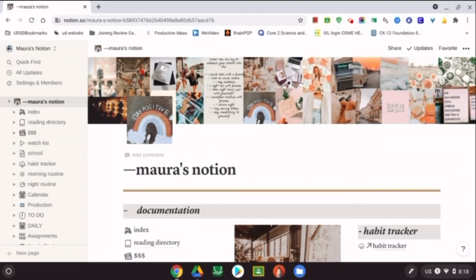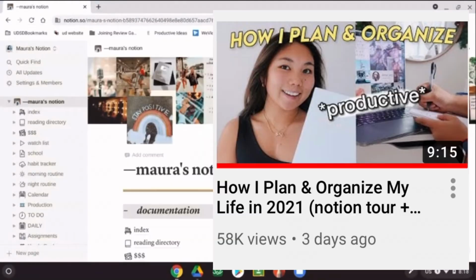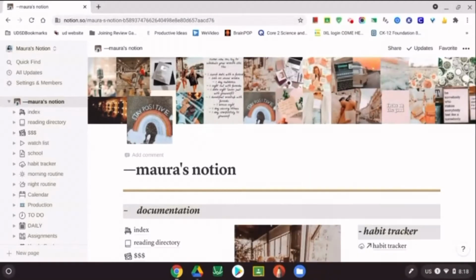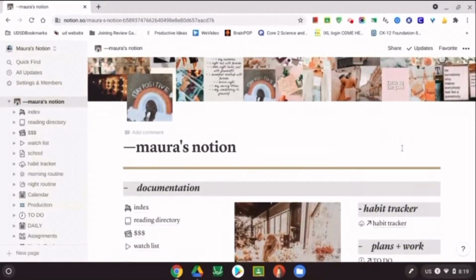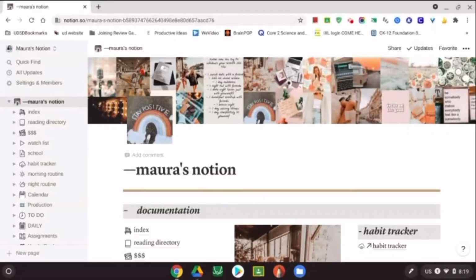I've seen a few of these videos on different channels like Julia K. Christ and Annie Long, and I really enjoyed their videos. I thought they were super helpful, and I wanted to share with you guys what my Notion currently looks like. I can also link the template that I use down below, and hopefully you guys can get some inspiration and ideas for your Notion. So Notion is this app as well as website that is really great for just organizing